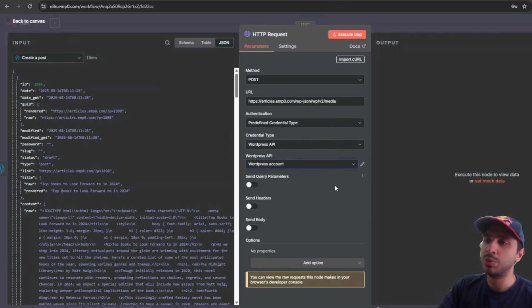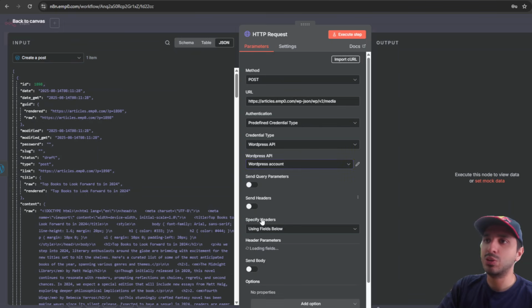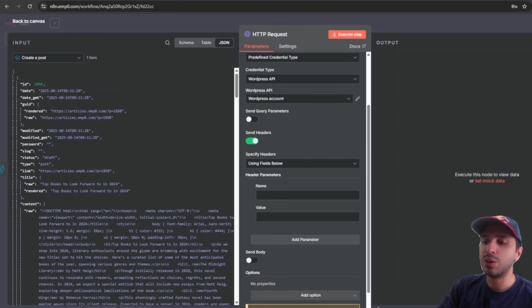Okay, you choose a WordPress account, and now it allows us to use the previous WordPress account that we authenticated to send the image. Right? We need to send headers. We need to define what kind of information we are sending. So here we want to type Content-Disposition, and I've already created this before, so let me just write attachment; filename. Now we need to say that it's image slash